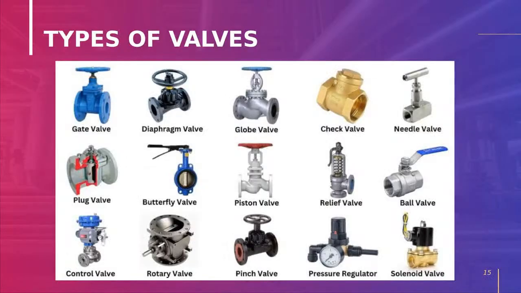Next, Soumya. This is a pictorial of the valves. First one we are seeing is the gate valve. From seeing the picture itself, we can identify which one is a gate valve and which one is a globe valve. How we can identify that, I will explain in the detailed session. Check valve is there, needle valve is there. Needle valve we will mostly use at the sampling point where we are taking the sample, where it is useful for tight shut off.